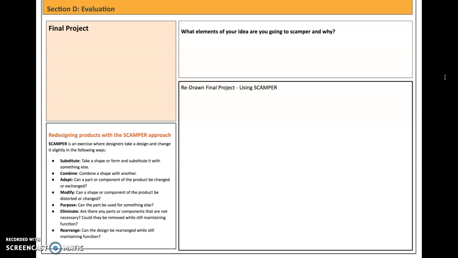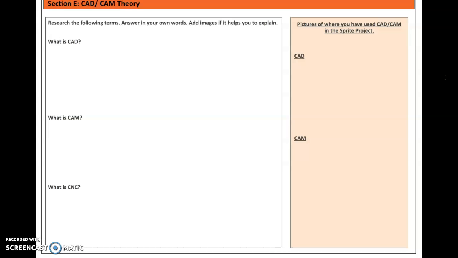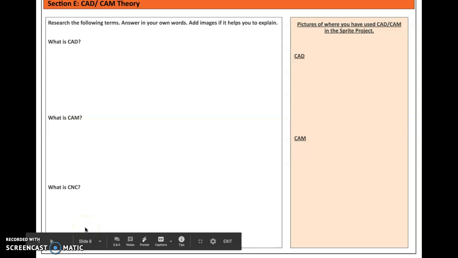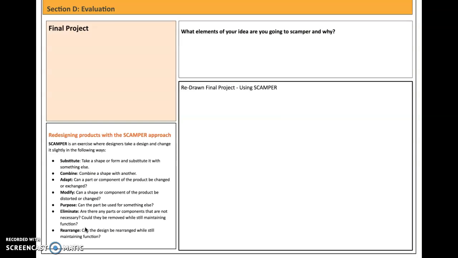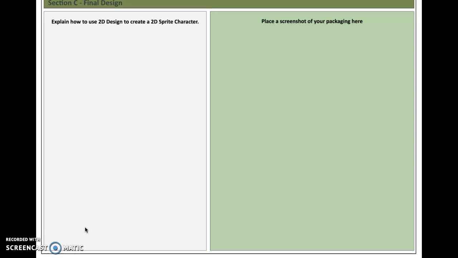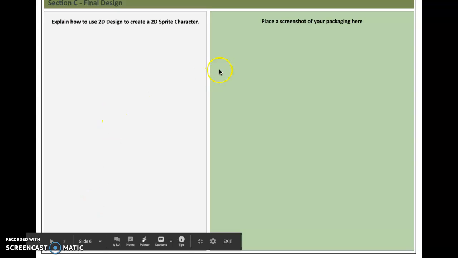Then moving forward, I'm going to talk about section E, which I also talked about last lesson. And remember, I said that you can only attempt the questions on the left hand side. So again, make sure they are completed. Now this may take you some time in today's lesson. Once you are finished that, I would like you to have a little go at completing the right section of